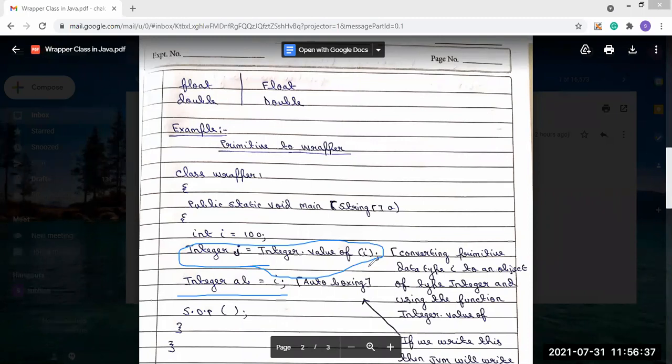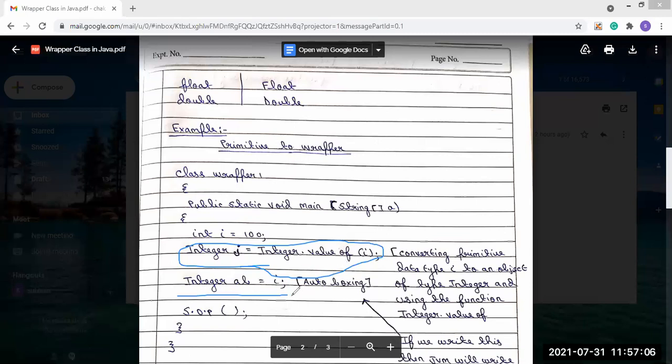No need to explicitly mention it. The conversion of primitive data type i to an object of type Integer, using the function Integer.valueOf, the compiler will do it